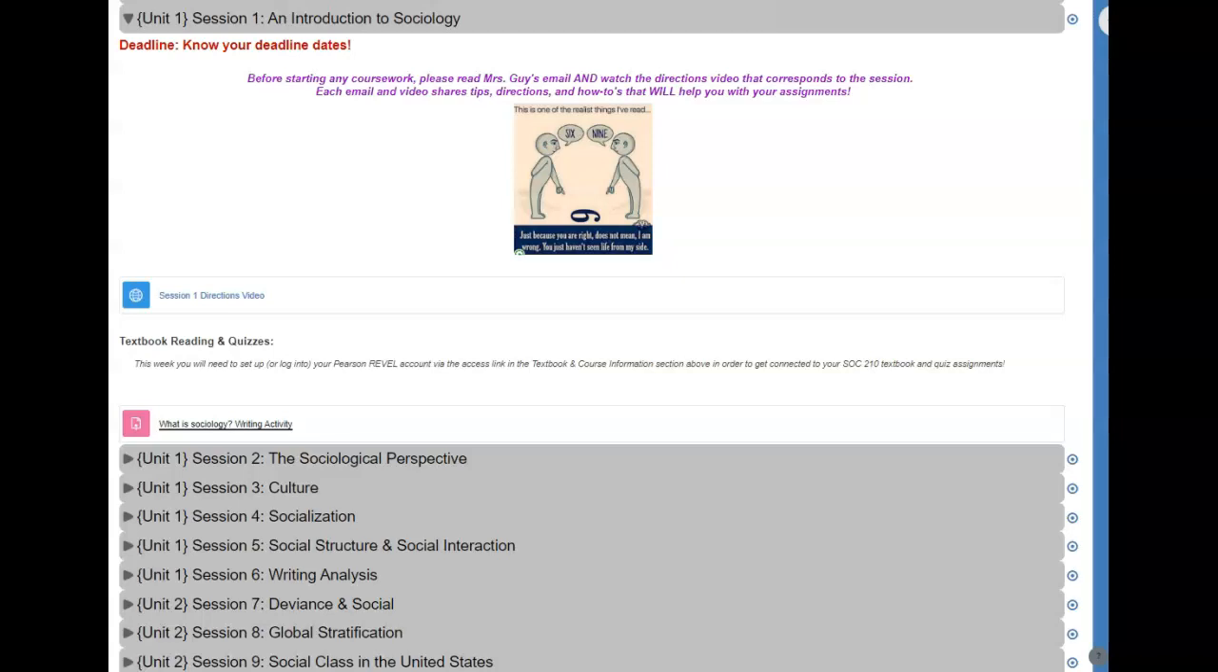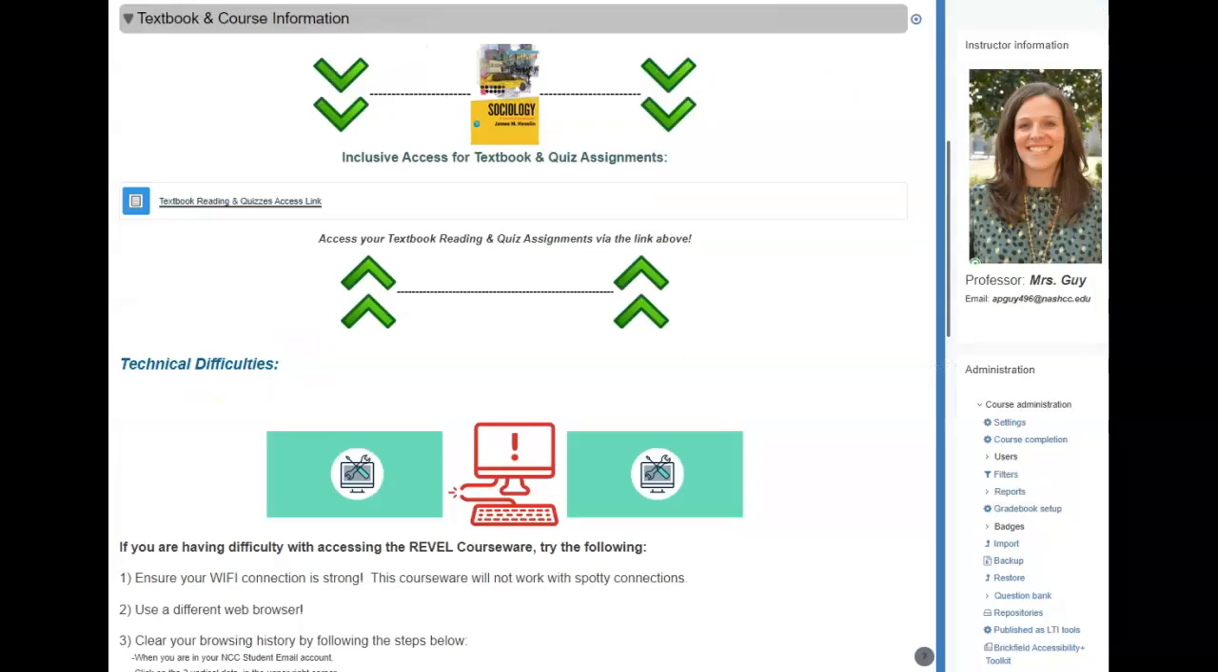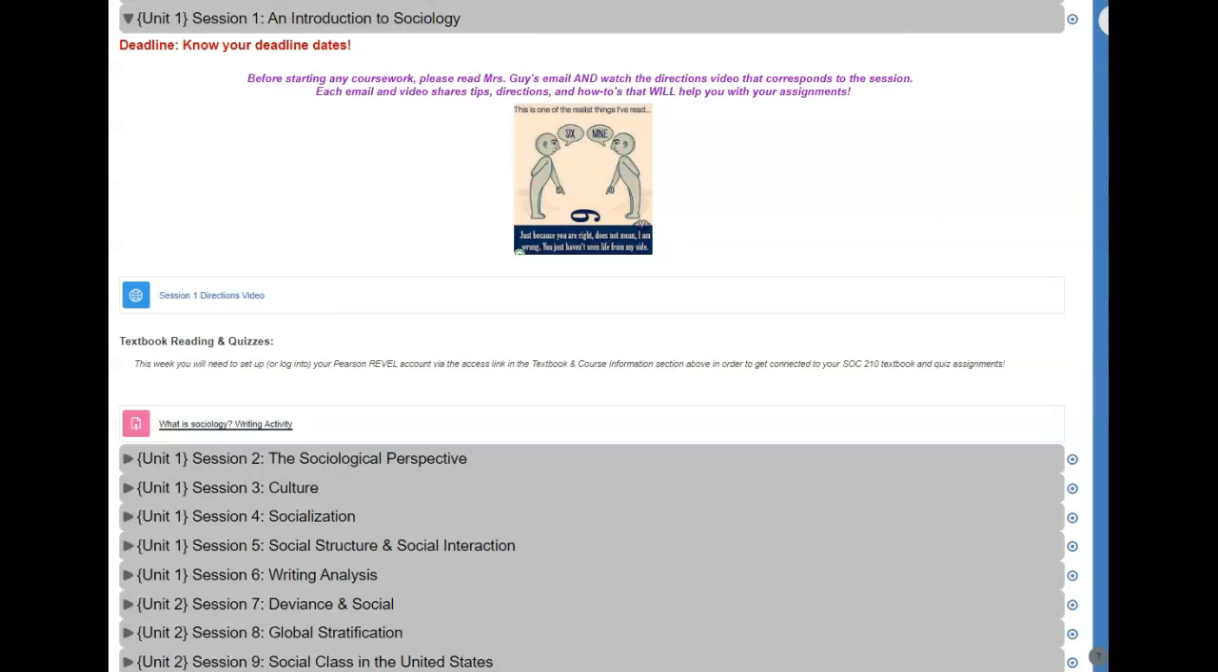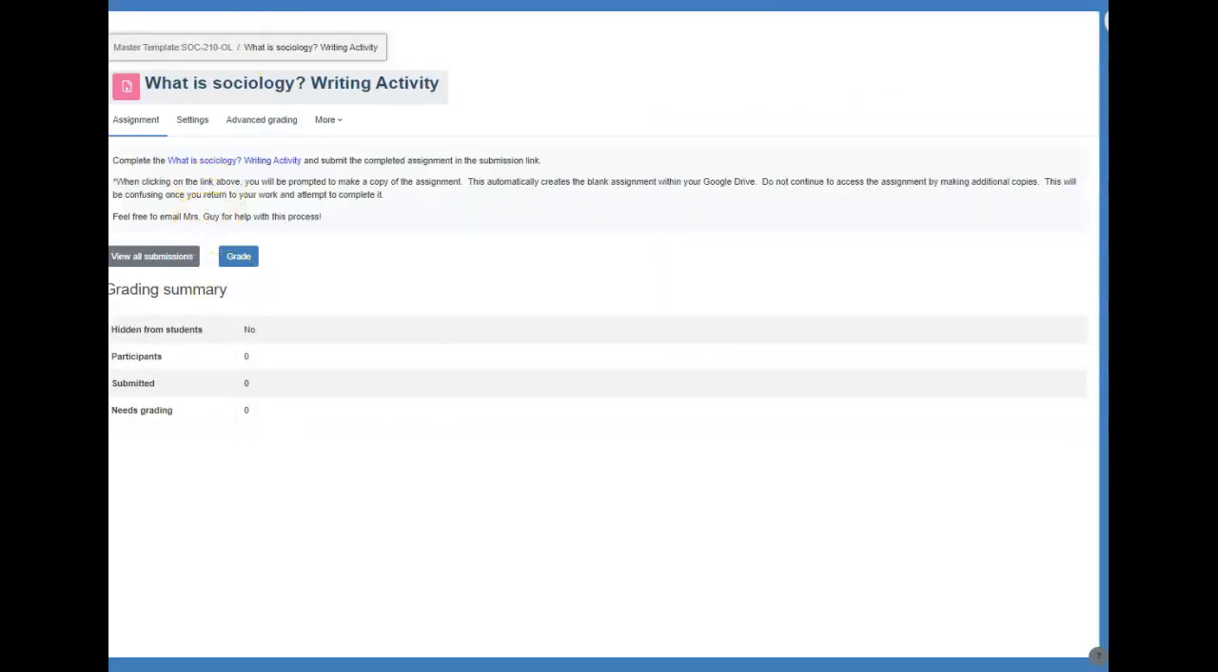Okay, so for your graded assignment for session 1, we are going to complete a writing assignment called What is Sociology? Here is the link right here. When you click on that link, you are going to come to a screen that looks something like this. Again, sometimes you'll notice there are differences in my screens and yours. Here is the link. It says complete the What is Sociology writing activity. So we are going to click on this link,